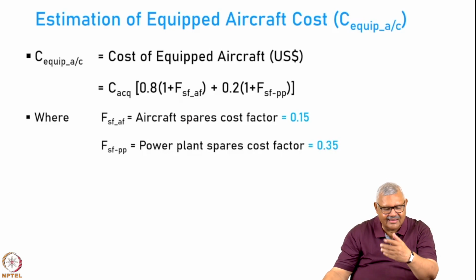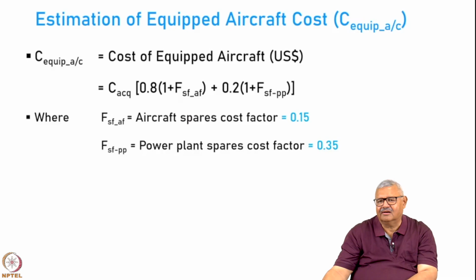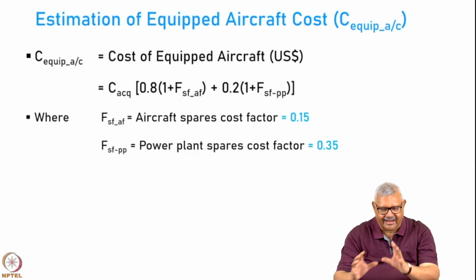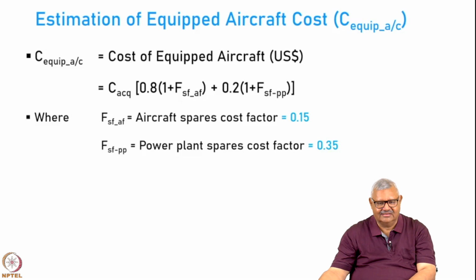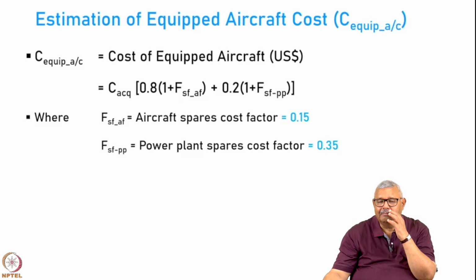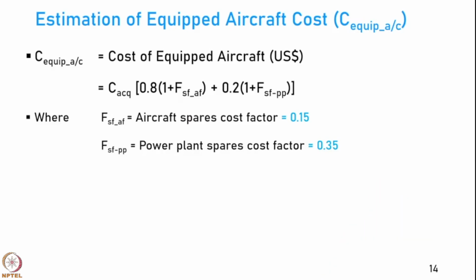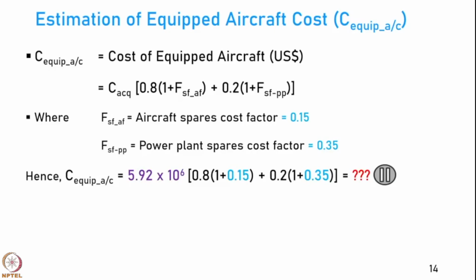So, we will be buying them and we will be putting it with the aircraft. That will be a package that comes, aircraft plus these essential mandatory spares. Now, this is an assumption based on certain suggestions given based on the industry practices. This number could be up and down in real life, but we have to take some number at least. So, assuming that to be the number, now $5.92 million is the scaled up price of this aircraft in 2025,